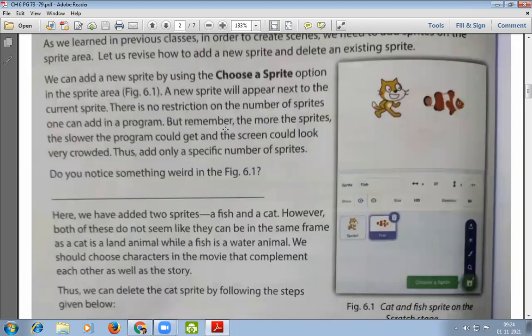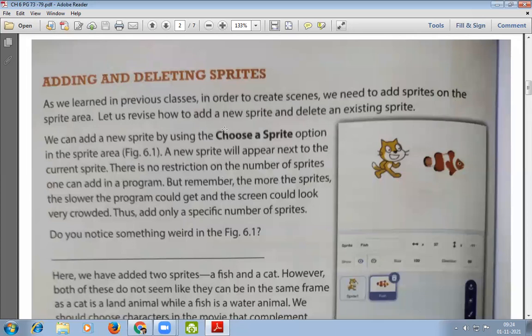Okay. So on this page, it is informed to us what is weird in this picture. It is weird that in the same frame, we cannot keep a land animal along with a water animal because the story would not be quite fruitful.